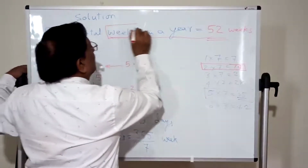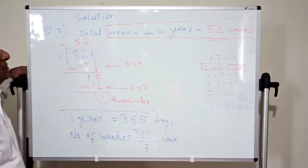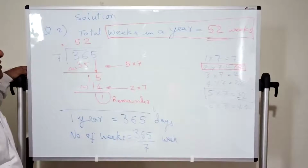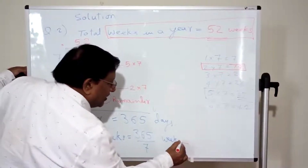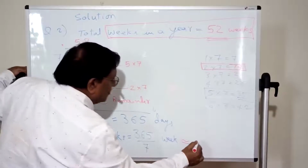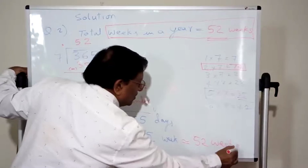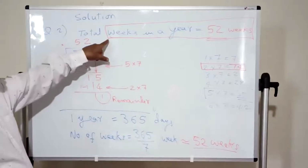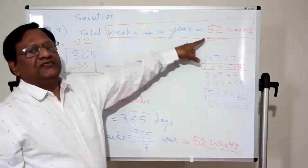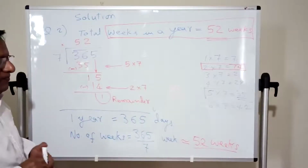This is what you have to remember, because in many places it is expected that you know there are 52 weeks in a year. Don't say 48, which is wrong. Okay. So here 365 divided by 7 is approximately equal to 52. You have to show this working if necessary, but in this problem it is sufficient to write that total weeks in a year is 52, because it's quite standard to remember 52 weeks in a year. Okay,